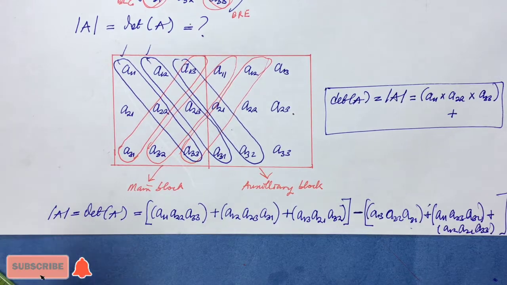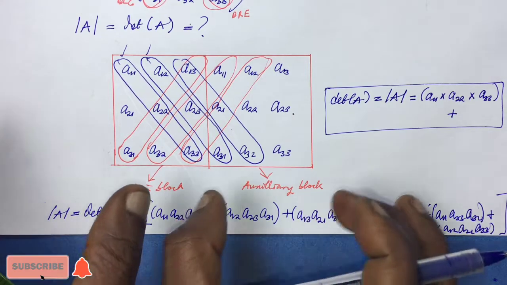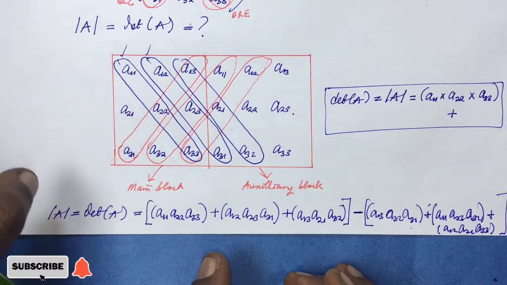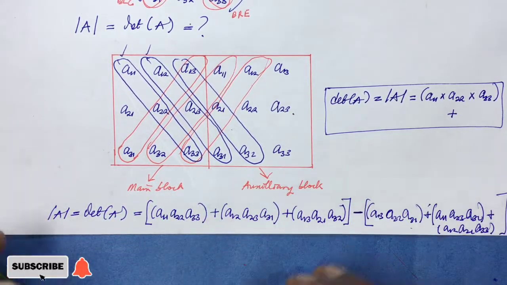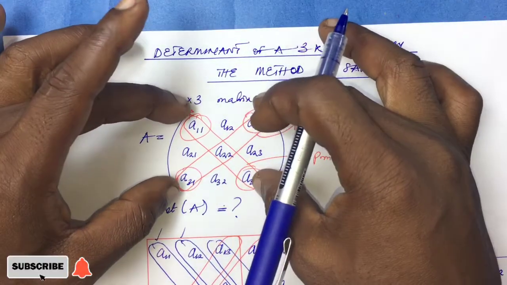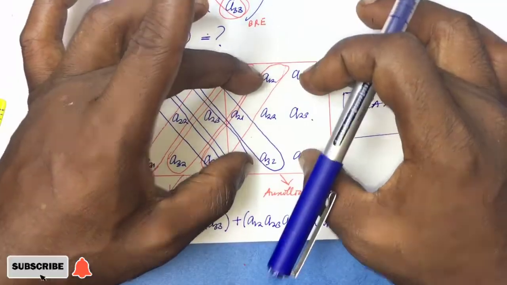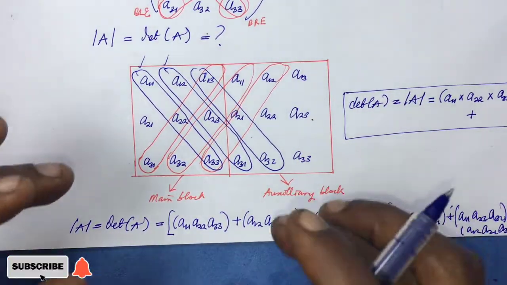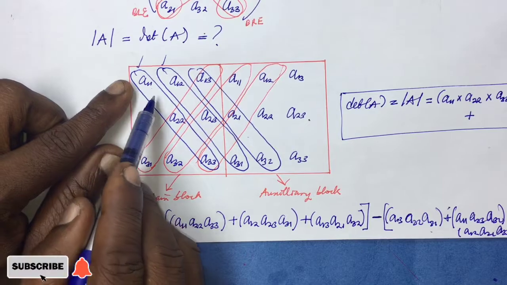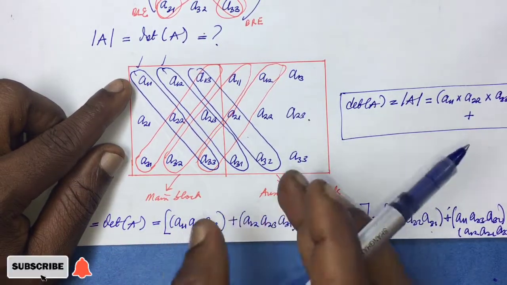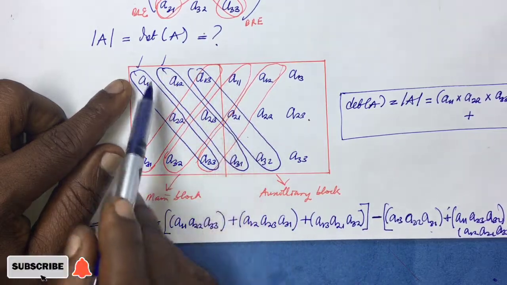Now, when you do this, what you are doing is otherwise using the method of Sarrus. Notice for the method of Sarrus, form 2 blocks, such that one is called the main block and call this other one the auxiliary block. Bring the elements as they are of that matrix into the main block and put them also in the auxiliary block. When you do that, take first of all 3 diagonals, because it is a 3 by 3 matrix. So if it were a 4 by 4 matrix or a 5 by 5 matrix,